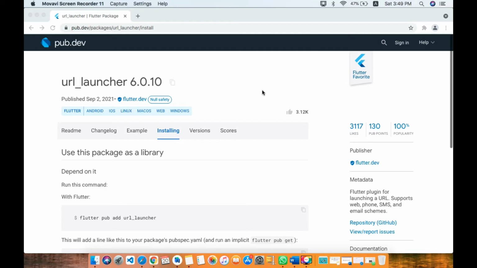In this video we're going to talk about the URL launcher. The URL launcher is a package available inside pub.dev. You can search its name, URL launcher. The current version is